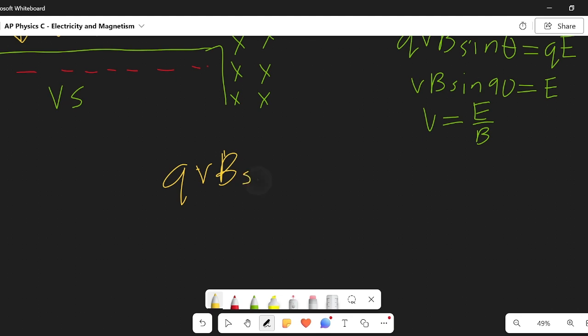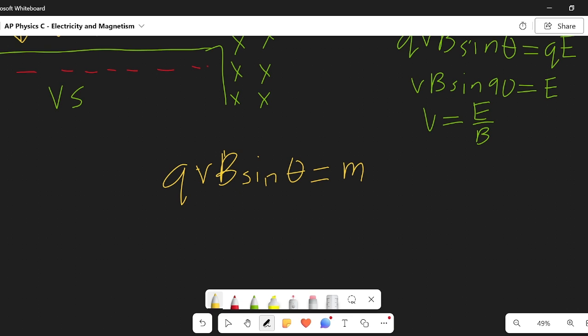Sine theta, in this case, is the angle between velocity and magnetic field. Even though it's moving in a circle, it's moving in a plane that's always perpendicular to the magnetic field, so it's just going to be sine 90. And this is going to be equal to